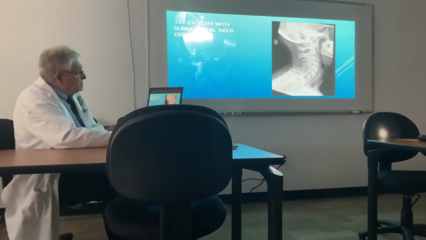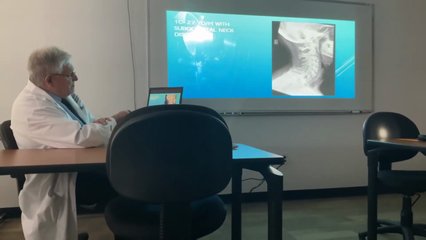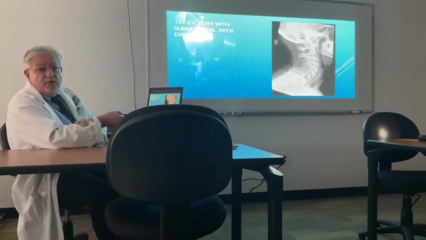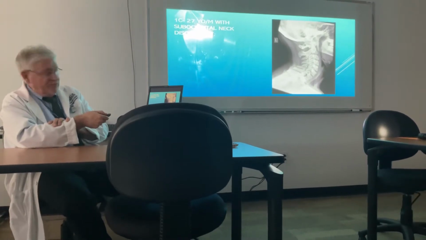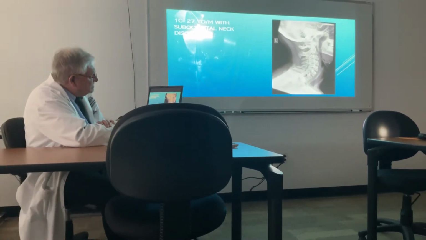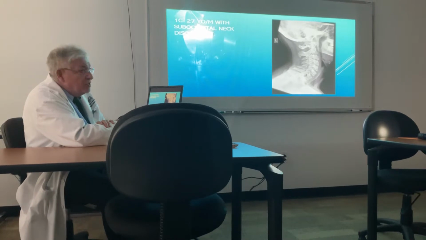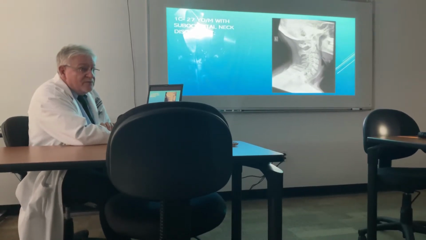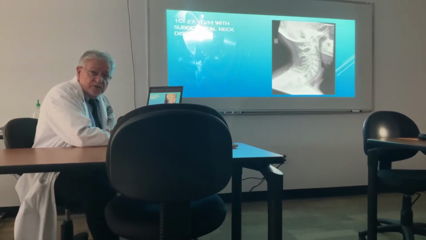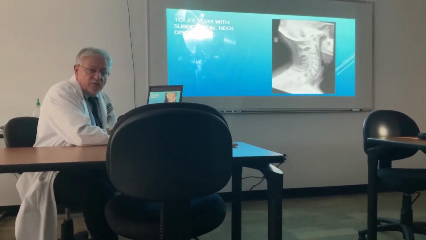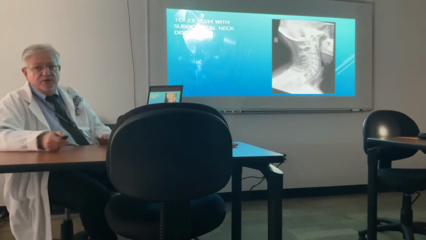Now, notice, this is C3. Notice the soft tissue space. If we ask the question from the written, what should the normal value be at C3? 7. Okay? 4, 5, 6, 7. What should the value be here? 21. And then I said the mid-cervical spine, roughly what? If you didn't write it down previously, write it down now. 5 millimeters, plus or minus, okay? We don't have to get into age and sex matched individuals.